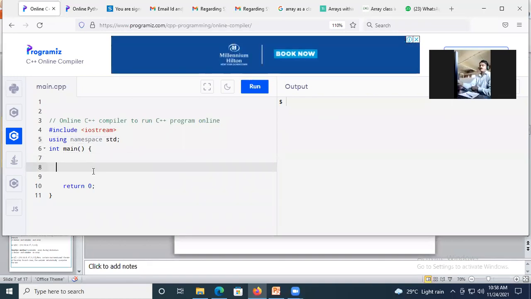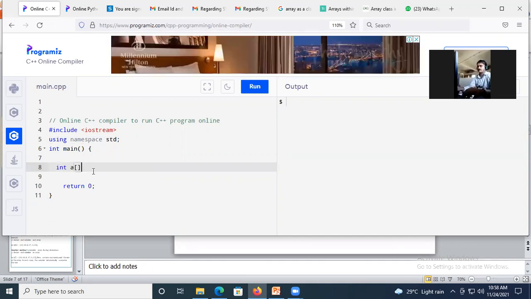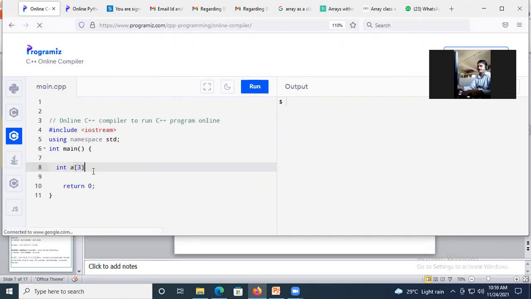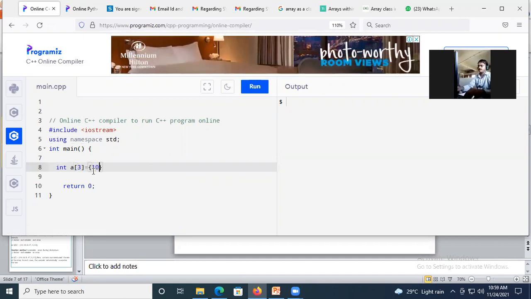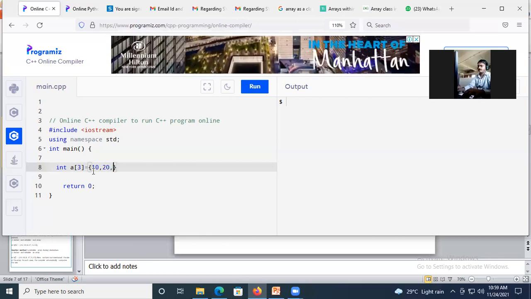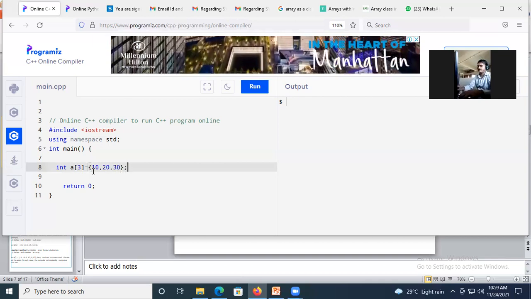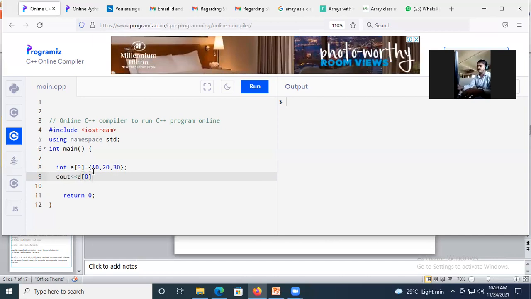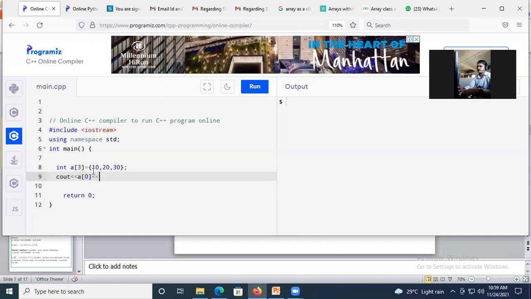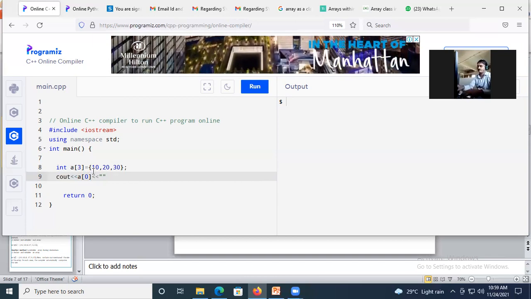Okay, I'm just going to represent here integer, let's say a of 3. Values I need to pass 10, 20, 30, and here I'm going to display cout a of 0. It will give me, what is the answer for a of 0? 10. Correct.